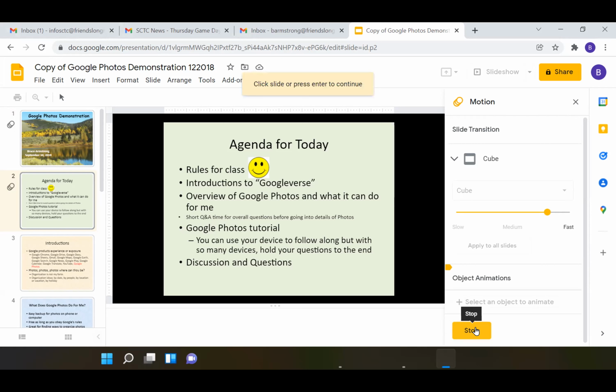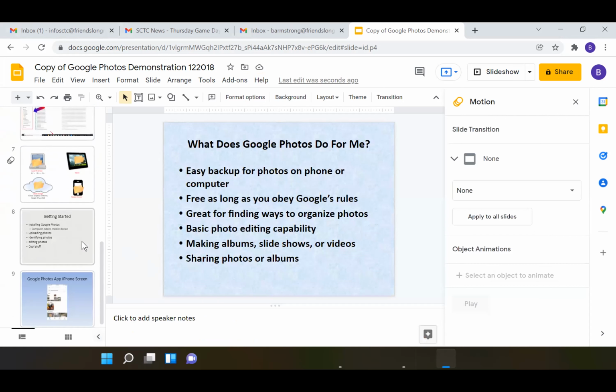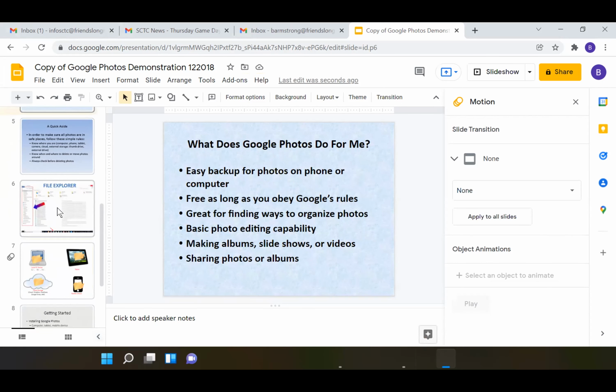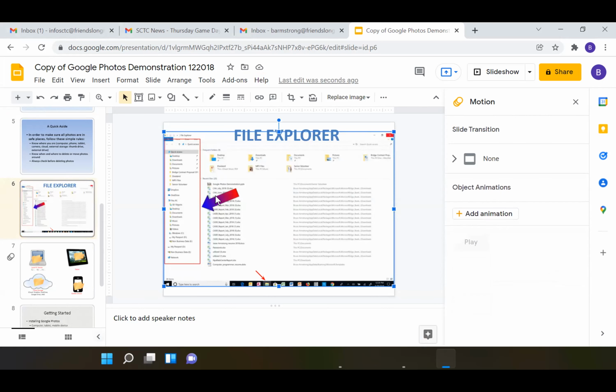It's pretty cool stuff. I mean, it's all computer wizardry and all that kind of stuff. And you got all your motion, and you can change your objects. I like to use a thing. Here's one where if I wanted to say, here's an object, if I can get to it. Actually, I must have put this into a single picture, so it doesn't work. I was going to say, let me insert